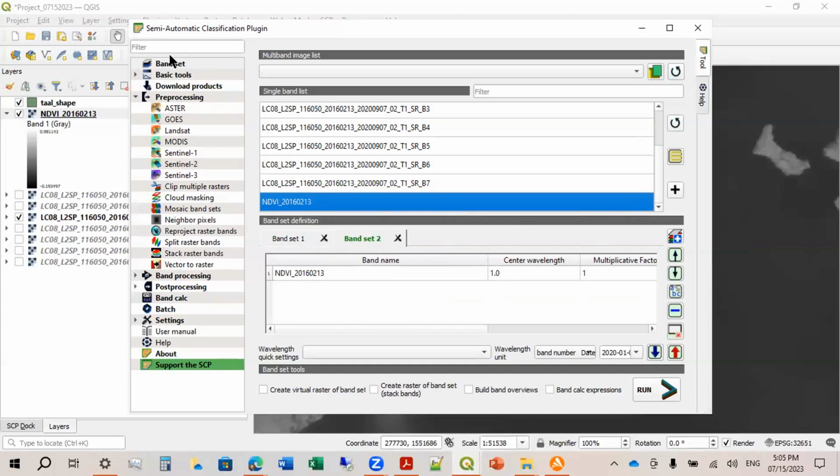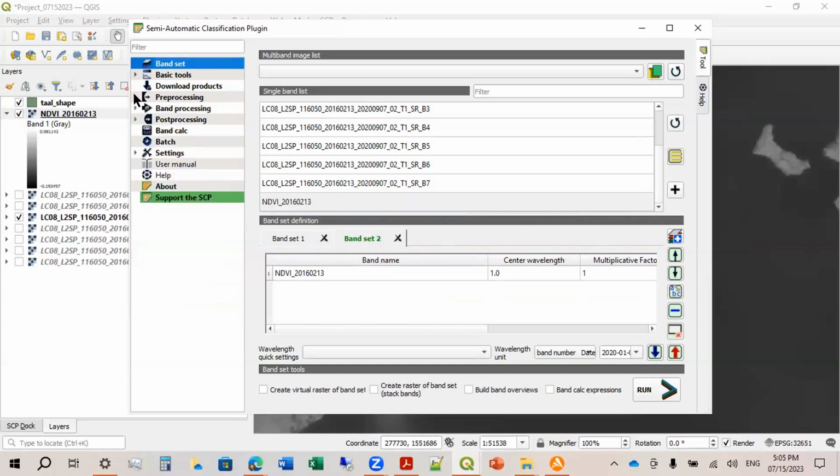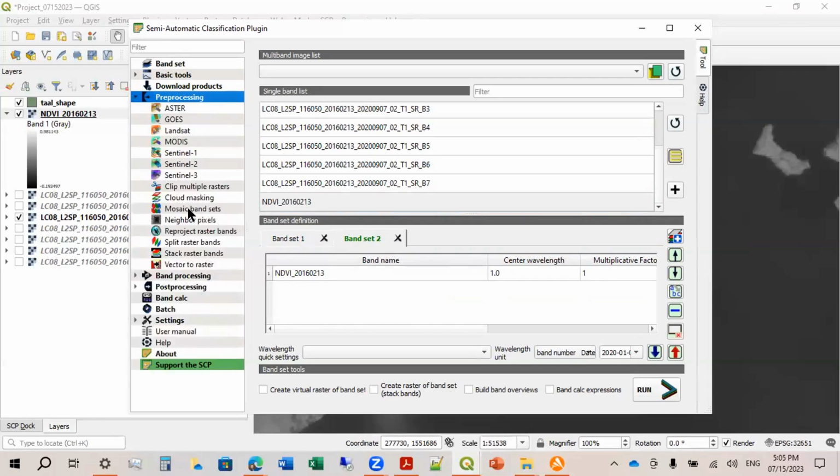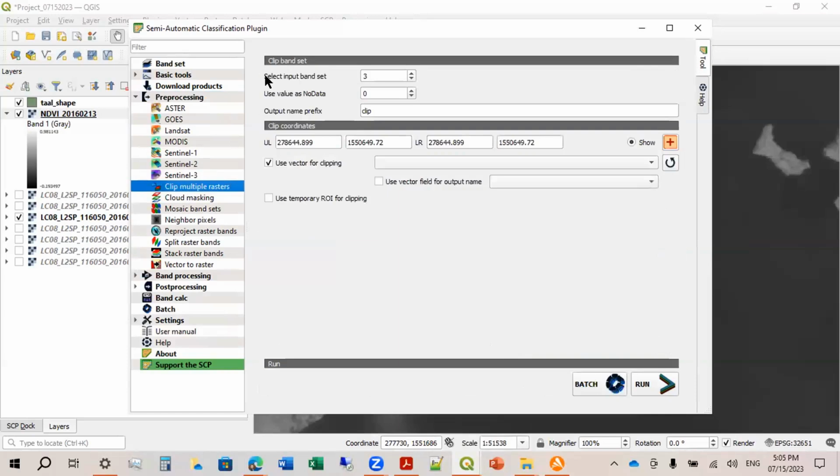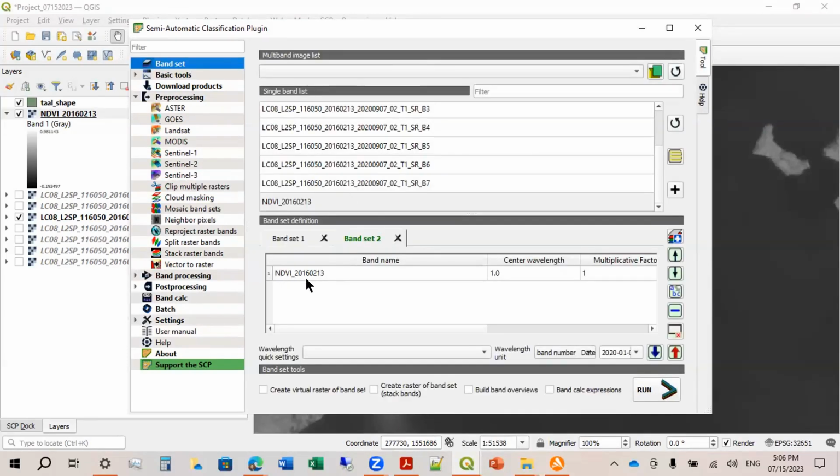Okay, next, go to pre-processing, then click clip multiple rasters. So select input band set. Earlier we defined the NDVI layer to belong to band set number 2.